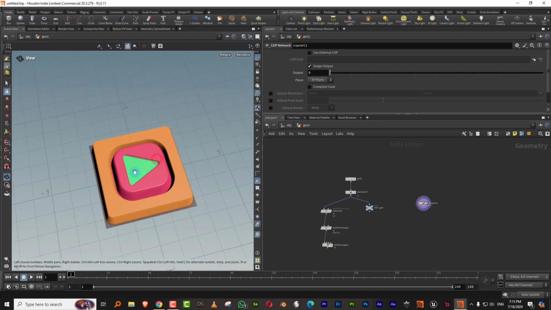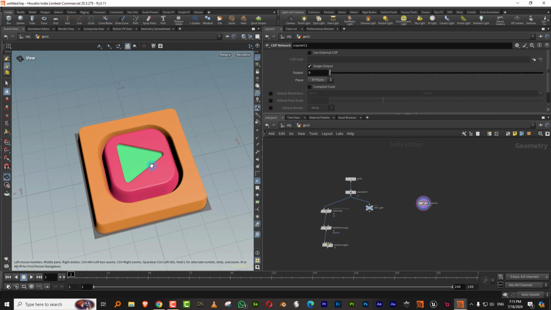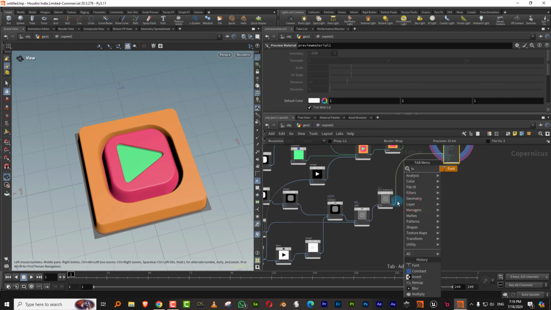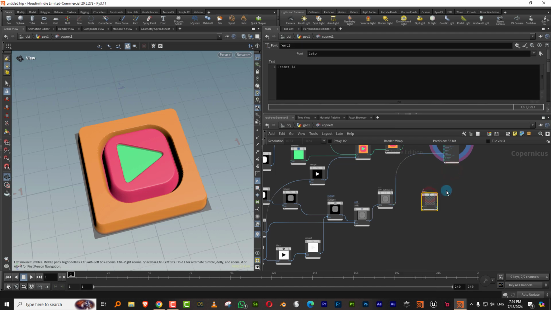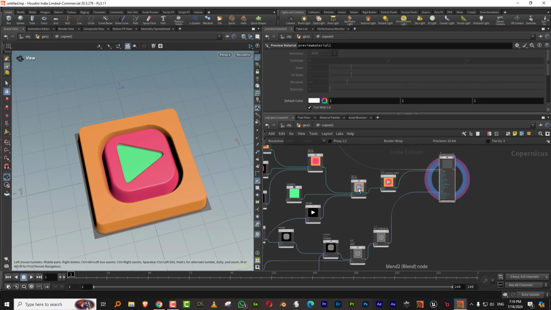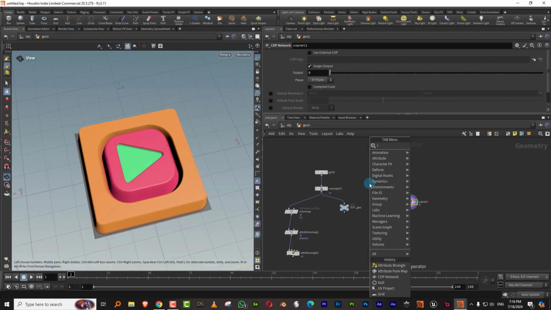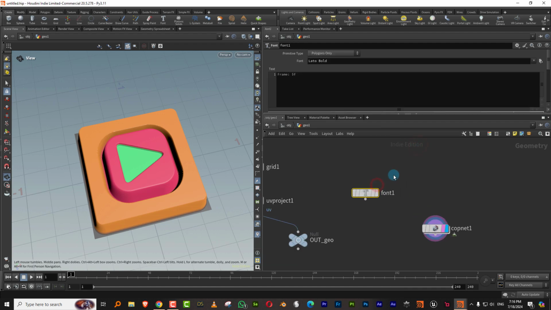Now we can do one more thing. Let's say you want a font on top of this. You have a font node in there, but let's say you've made some kind of custom shape and you want to bring that in and use it as a texture. How would you do that? Let's do it from a font example, even though you do have a font in here, where I can type in a font and you get a font. But let's say instead of this arrow, I want ABCD. Let's make the ABCD here, just for example. So I can take a font here